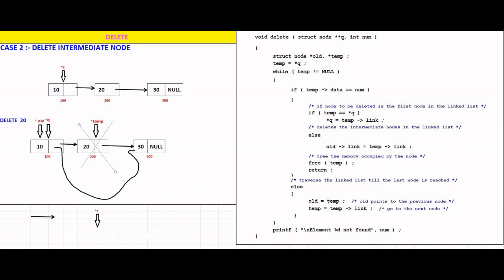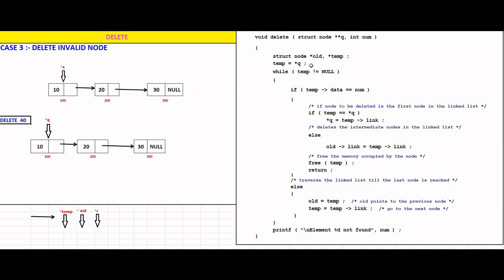Now we are going to see the third case, deleting the invalid node. For the delete operation, valid nodes are 10, 20, 30. 10 comes in the first case, that is deleting the first node, and 20 and 30 come in the second case, that is intermediate node. But if I give delete 40, then this will be an invalid node. The node is not present in the list, so you cannot perform the delete operation. Here again we pass the pointer q, meaning this linked list, and one node number, that is 40. So we are going to delete 40 from this linked list, where it is not present.